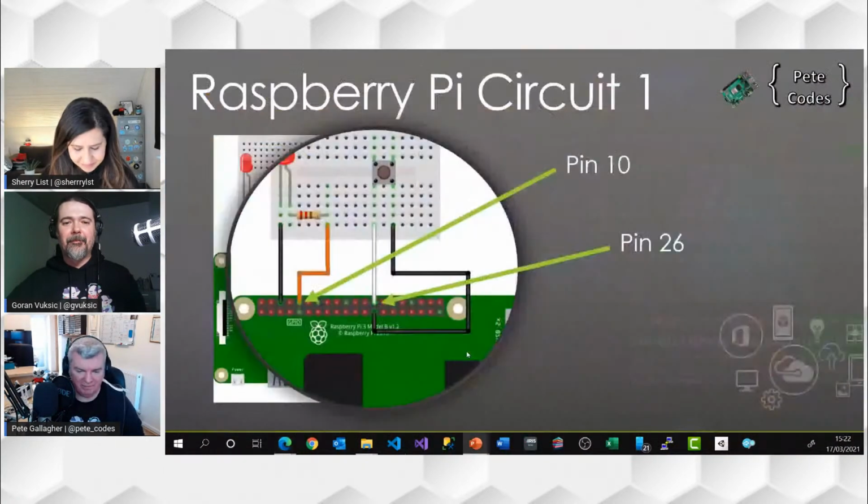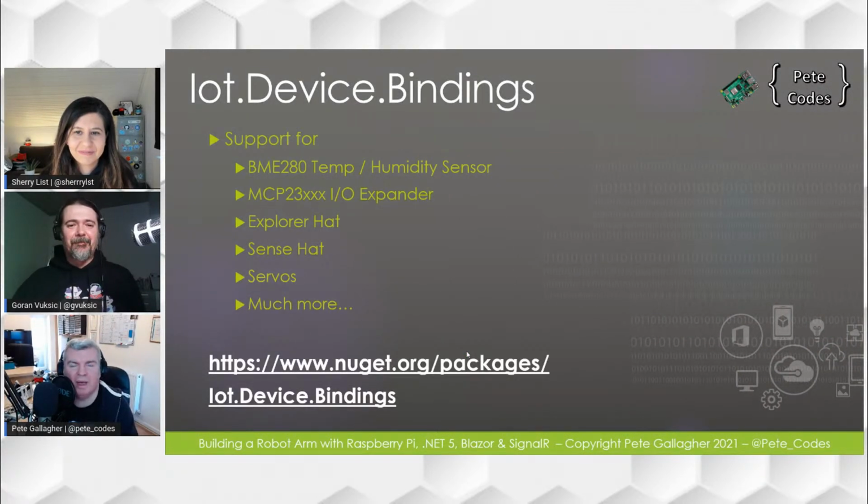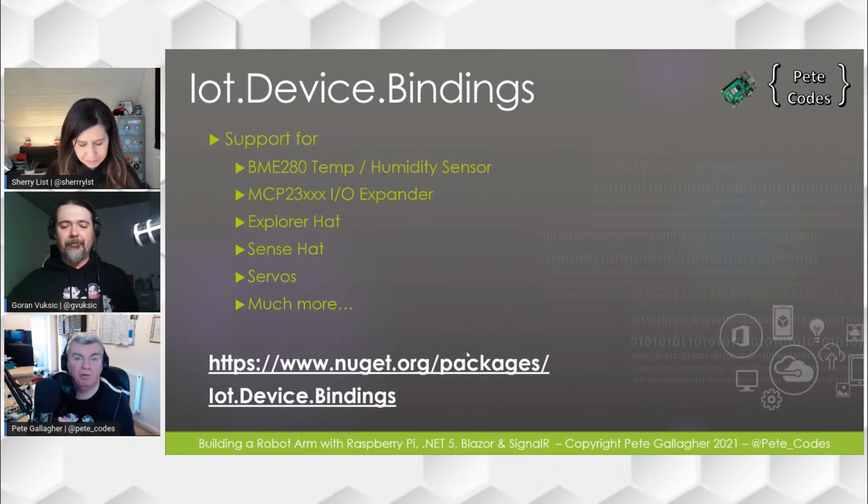So we're happy. So moving on a little bit. The next part I want to talk about is something called the IoT device.bindings NuGet package. Now, this is a whole heap of code that somebody else has written, a few people, in fact, that allows you to be able to interface directly to peripherals. And one of those peripherals is a servo. Now, a servo is a little motor that moves between certain angles, and that's going to be the basis of our robot arm. But it allows you to control other things like temperature sensors, temperature humidity sensors, I/O expanders,